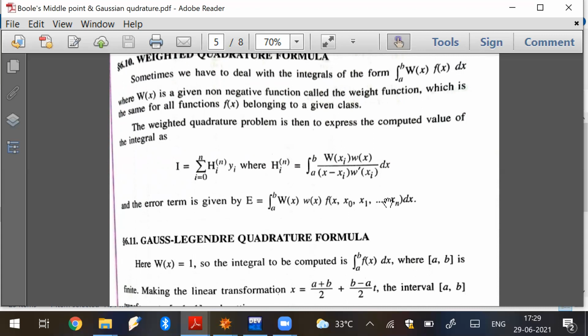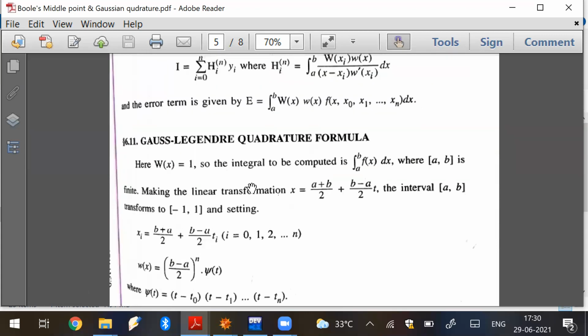Okay, so for the Gauss-Legendre quadrature formula, this is a specific case of the weighted quadrature formula, where we take the weight function to be 1. What we are actually doing is calculating this integral, and we are making the linear transformation, as we said for the theorem also. This is the linear transformation we are making so as to transform the interval [a, b] over which we are integrating to [-1, 1],